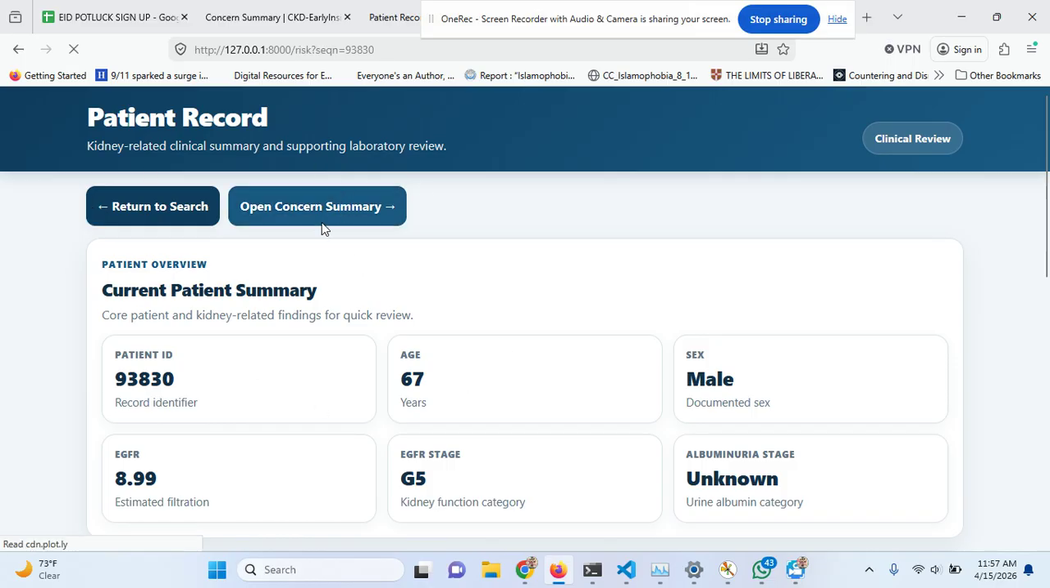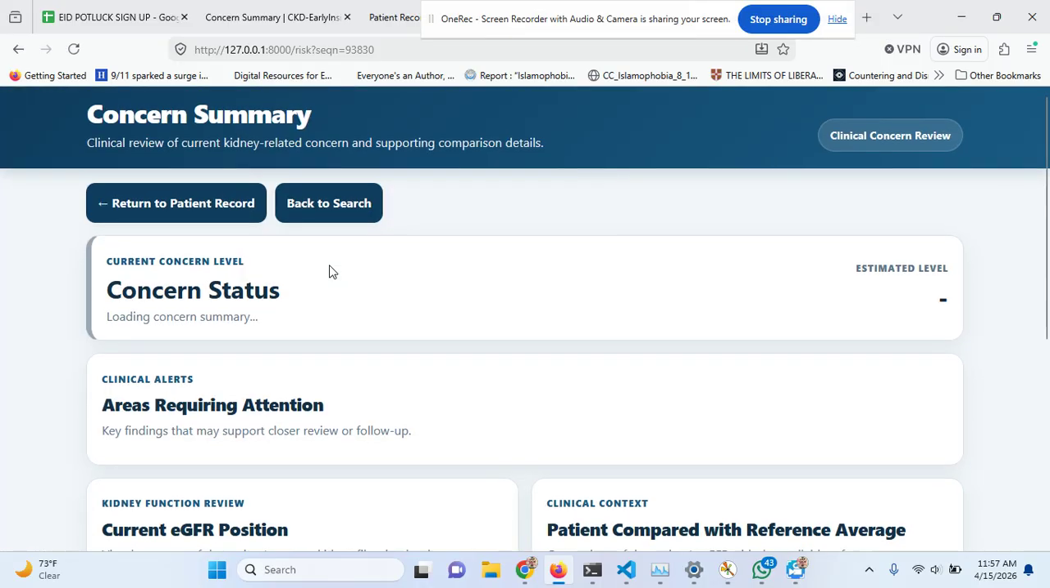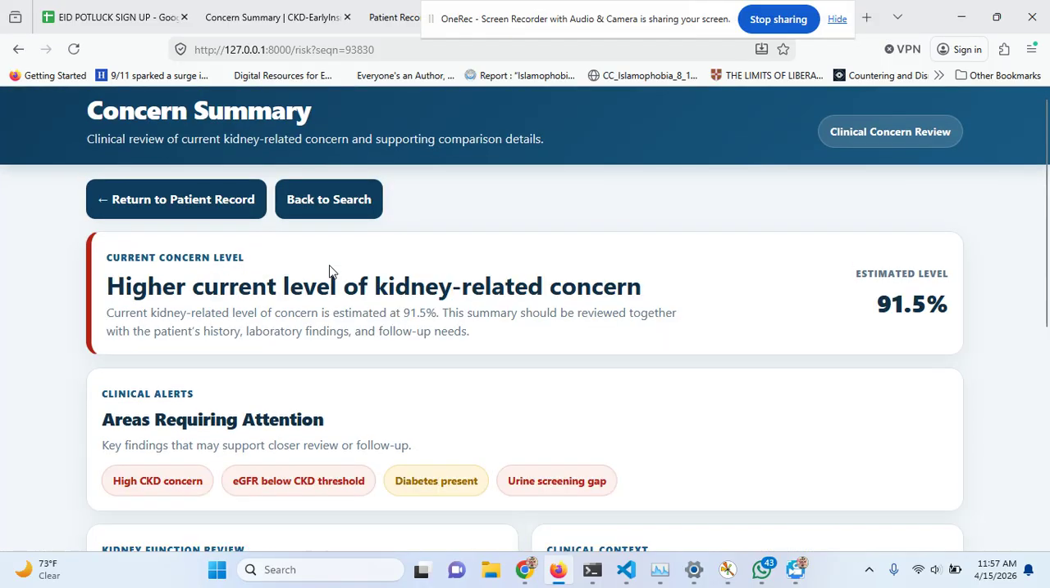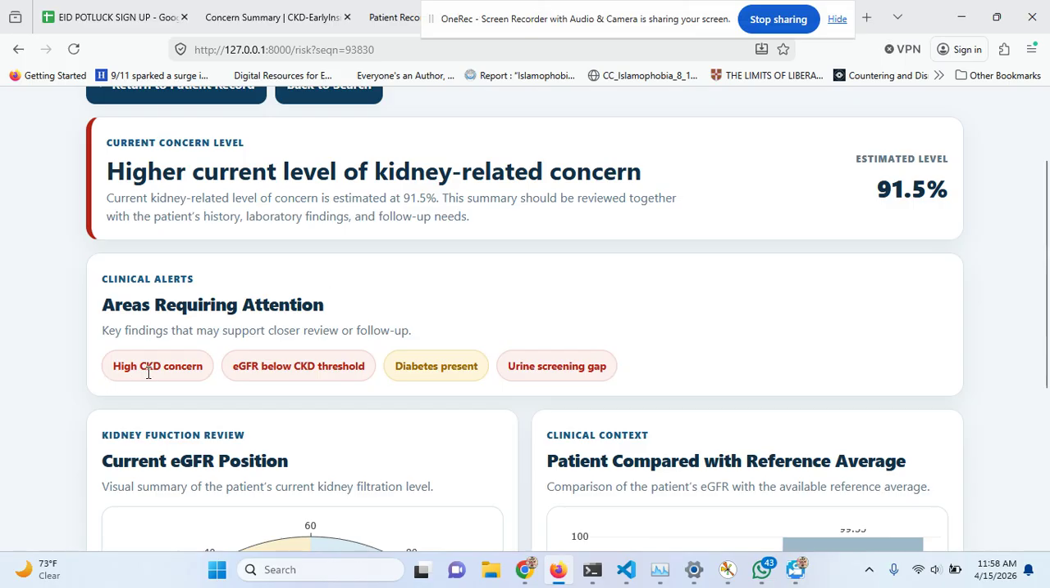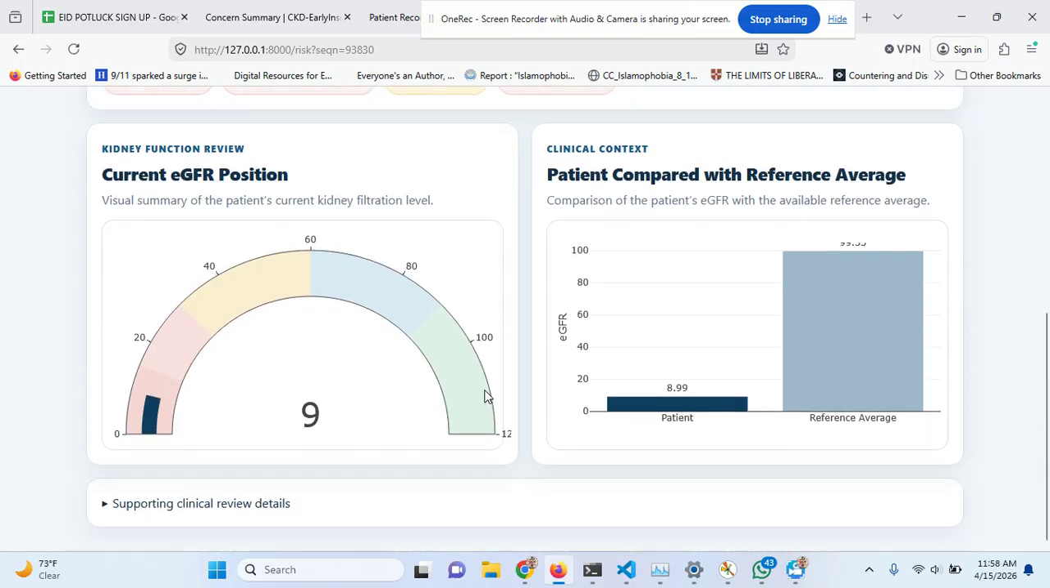If you go here to the open concern, the concern status, it tells you exactly the estimated level. It shows you here a high current level of kidney-related concern, estimated at 91.5%. This summary should be reviewed together with the patient's history, laboratory findings, and follow-up needs. High chronic kidney disease concern. EGFR is below the CKD threshold. He has diabetes and a urine screening gap. So here's some